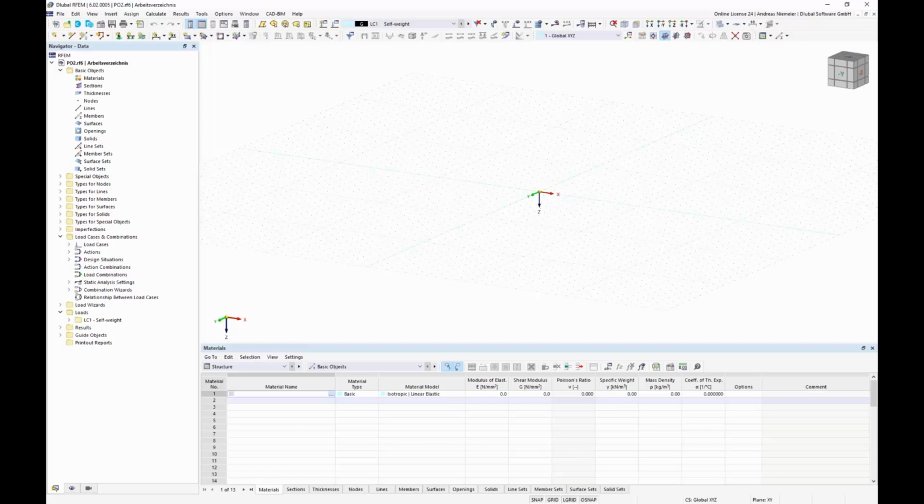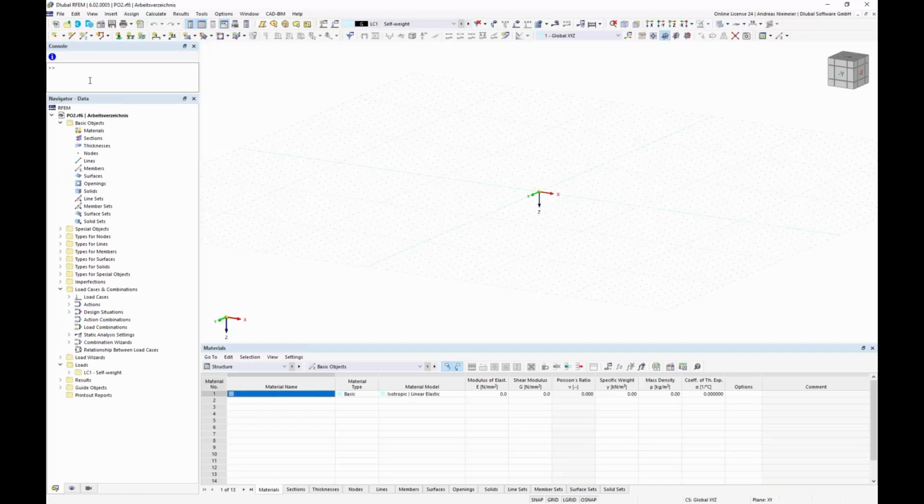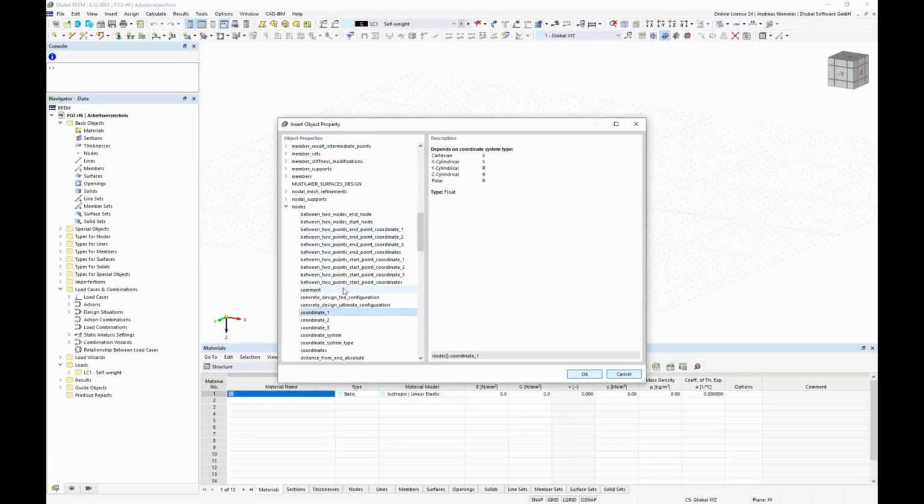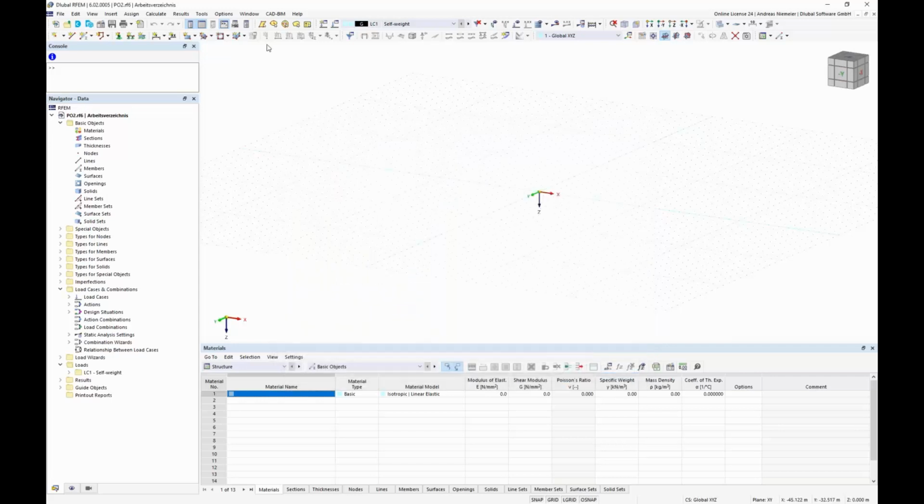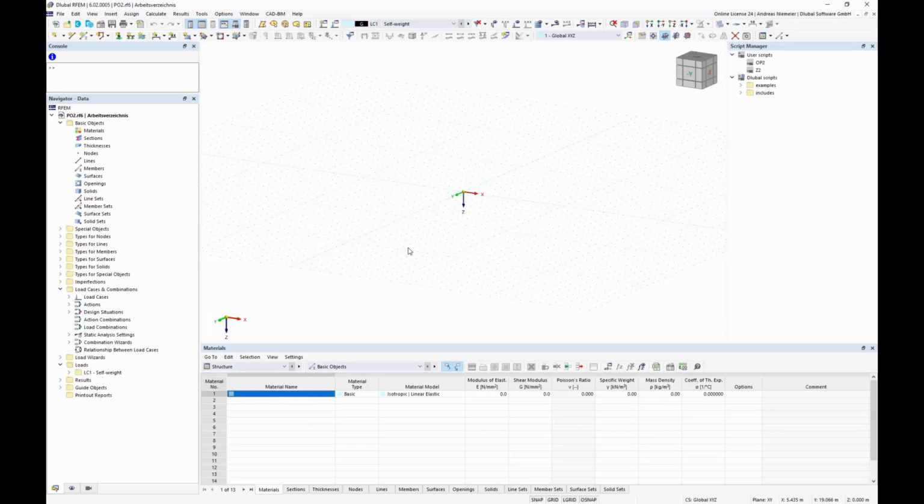And I want to show you now with the next sequence how you can control the amount of elements by using all these functions in the program. And here, as mentioned before, we have in RFEM 6 this JavaScript command catalog where you can connect to any element in the data block. And we have additionally here a script manager what allows you to store this stuff. How is this working? At the moment it seems quite cryptic, but for example, we want to specify a new node. So we can write in the console, first we check the command for it. For example, we want to create a new node, maybe here in parentheses, node 1 dot